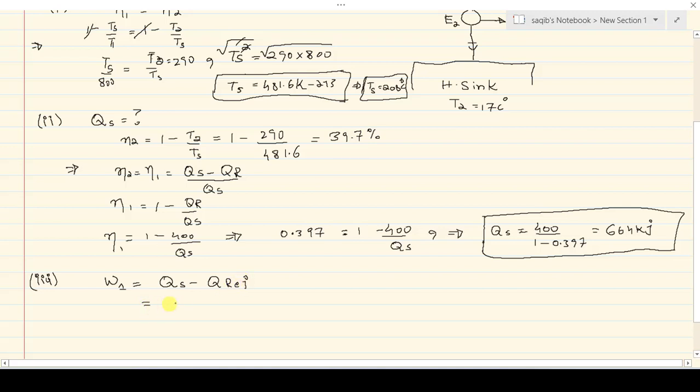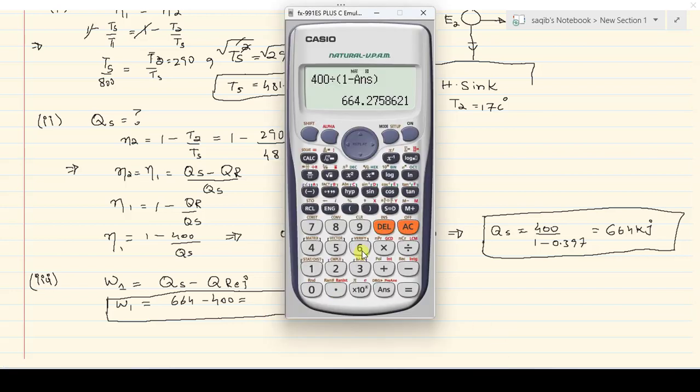Heat supplied is 664, which we have calculated right now, and heat rejected is given, that is 400. If you subtract this you will find the work done by the first engine. Using the calculator, 664 minus 400, so it is 264.2